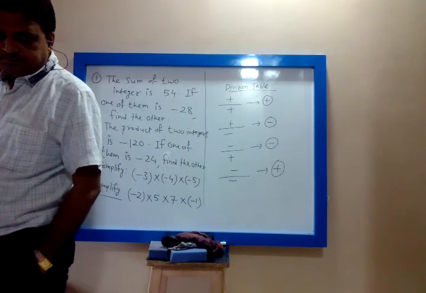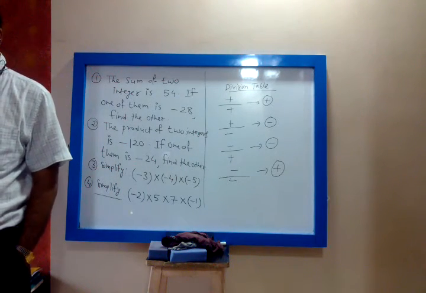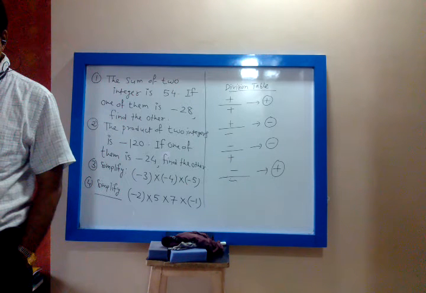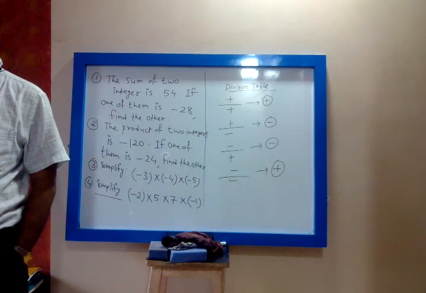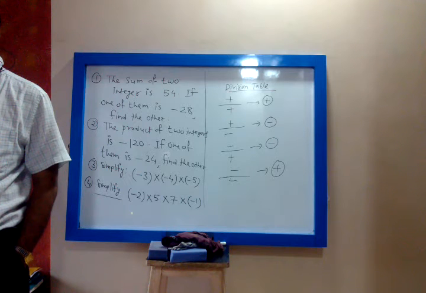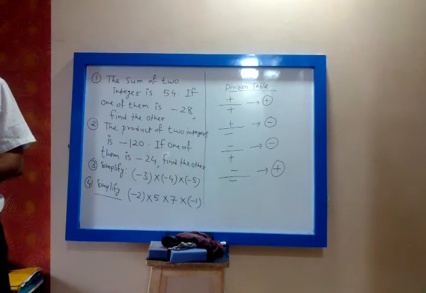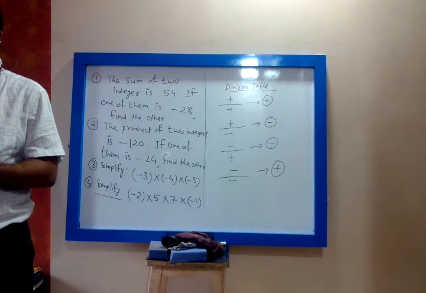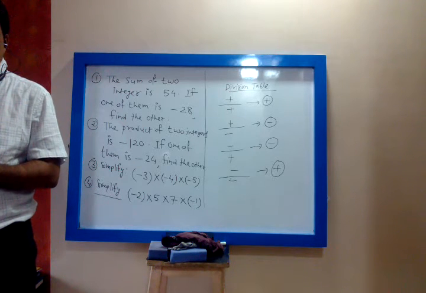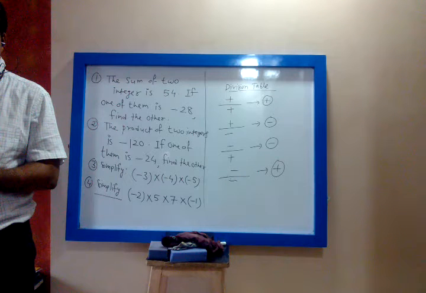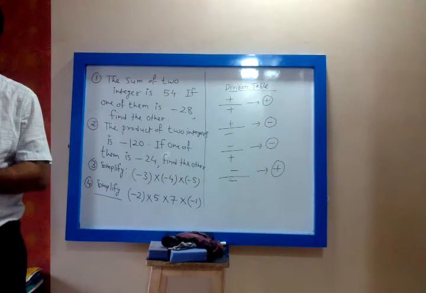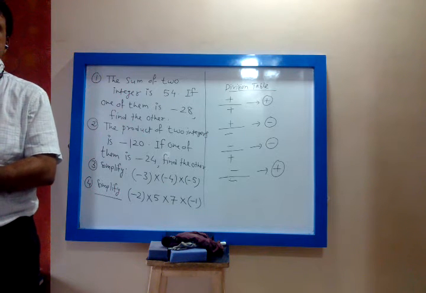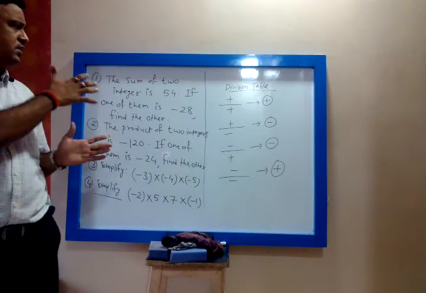Roll number 7th A, roll number 1, solve this. 7th C, roll number 16, solve all these 4 problems. 7th E, roll number 11, solve all these. 7th C, roll number 6. 7th C, roll number 9. 7th D, roll number 11. 7th D, roll number 31. 7th D, roll number 33. 7th B, roll number 21. 7th E, roll number 3. 7th E, roll number 20. All these students, solve all these 4 problems